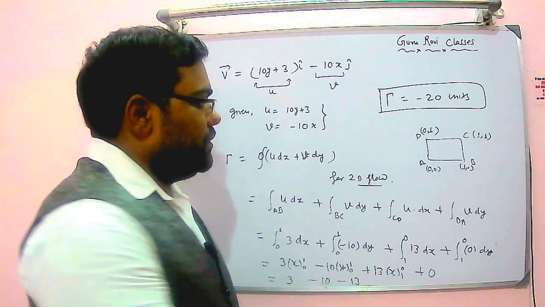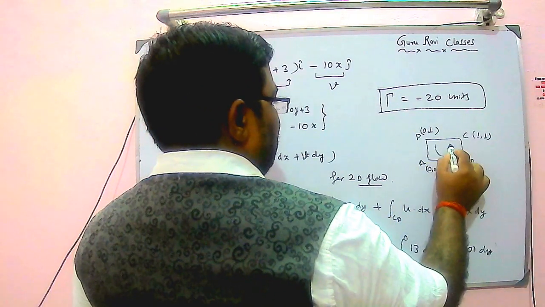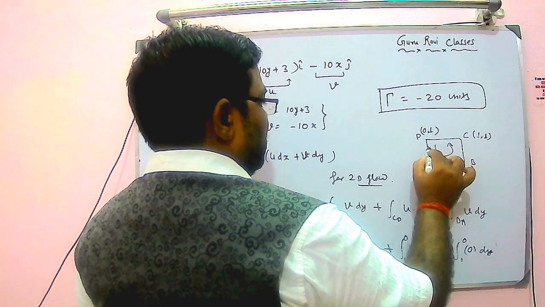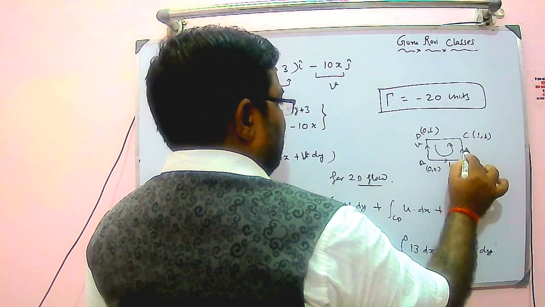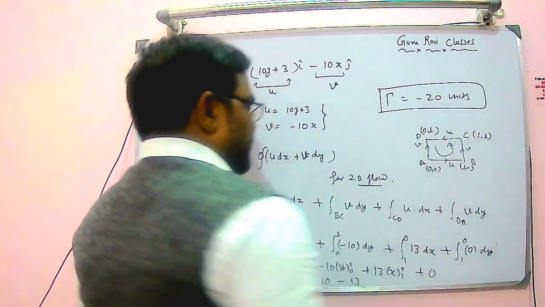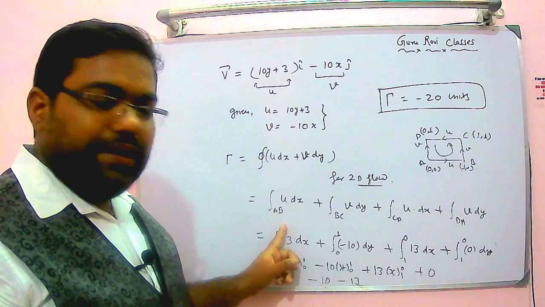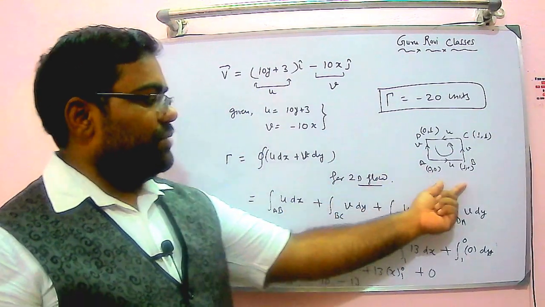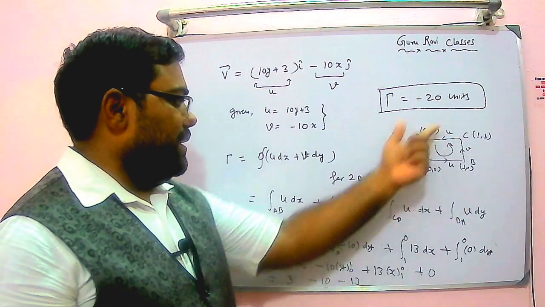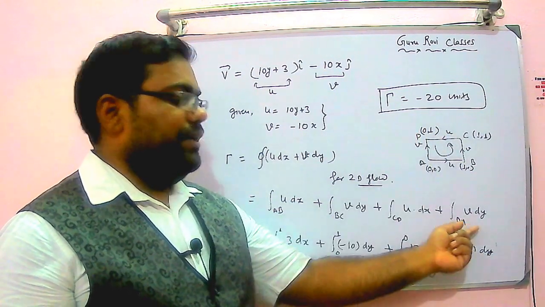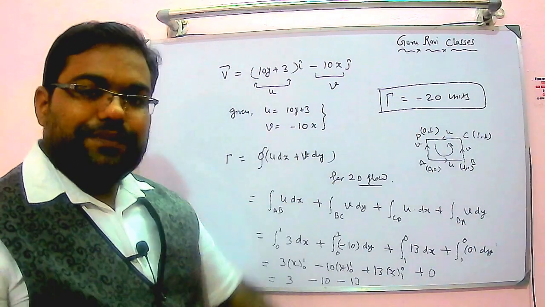0 1. And we are taking this kind of circulation as positive, right? Along this is u, along this is v, right? So v is here and u is here. So this is the thing. So we can write along AB we have written u dx because it is going like this. Along BC v dy, this is going like this. Along this u dx, along this v dy. Then we have to specify the limits.